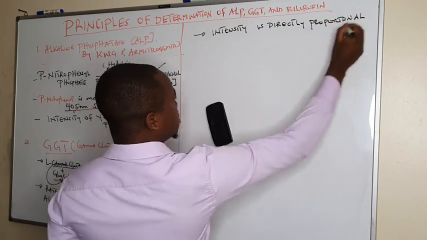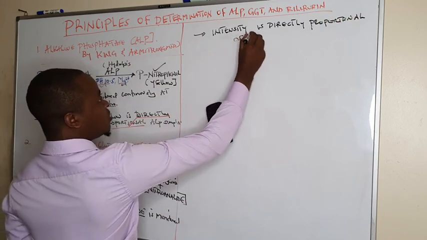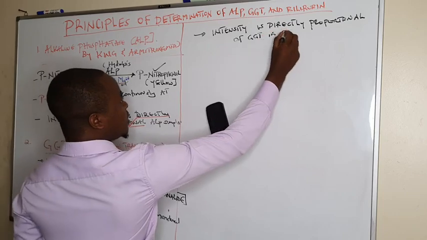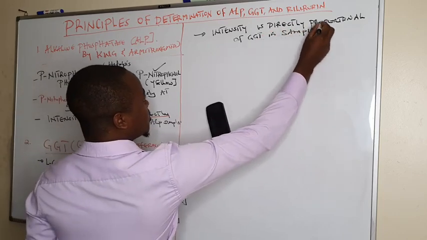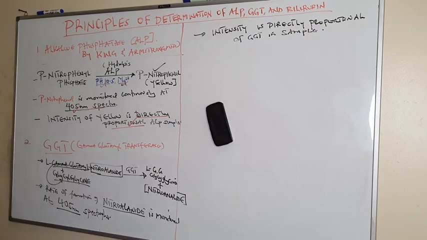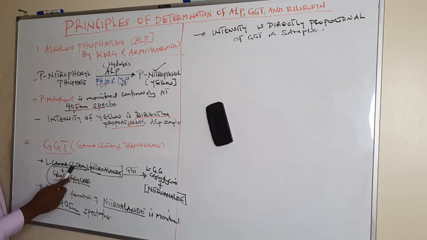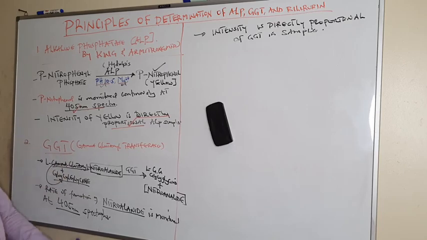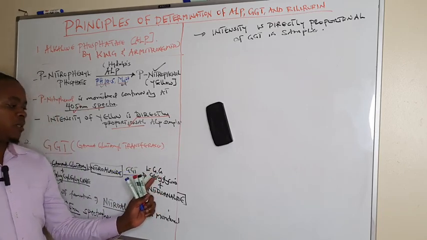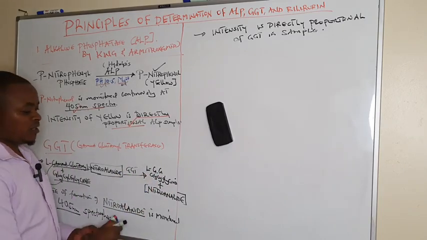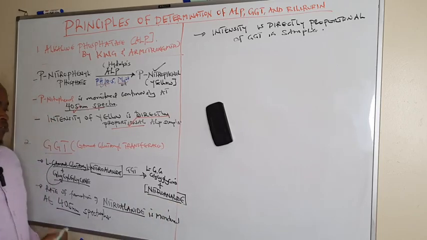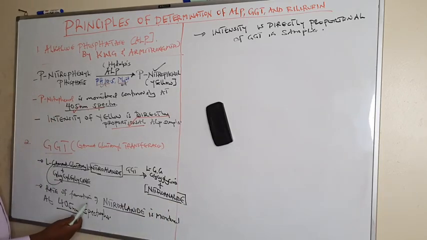To the amount of GGT in the serum sample. So this is where we end from, whereby we are looking, does the student know that the gamma glutamyl transferase catalyzes the transfer of this peptide group, gamma glutamyl, to glycylglycine, forming gamma glutamyl glycylglycine, leaving nitroanilide. And we are going to monitor the rate of formation or the intensity of nitroanilide formed